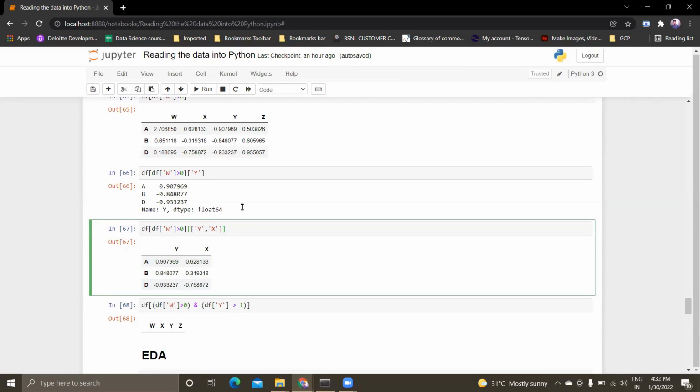One thing I would like to always tell anybody: df, when anybody is using it, is a standard name. It can be anything. You can name whatever you want and it becomes the data frame. Whatever name you have given to the data frame is basically for you to understand properly what it is. And whenever you are changing any data frame, like if you want to rename, like if df becomes df1 for the new data frame, you can assign that and start working on that. So the old data frame df will remain as the old one.